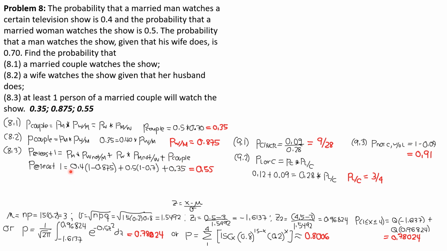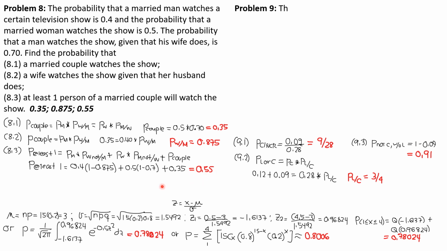0.35. So for this case, the probability that the man watches the show is 0.4, and the probability that the wife will not watch the show given that the married man watches is 1 minus the probability that the woman watches the show given that the man watches, 1 minus 0.875, plus the probability that the woman will watch the show is 0.5, then the quantity 1 minus the probability that the man will not watch the show given that the wife does is 1 minus 0.7 as given here, then plus 0.35, so it is